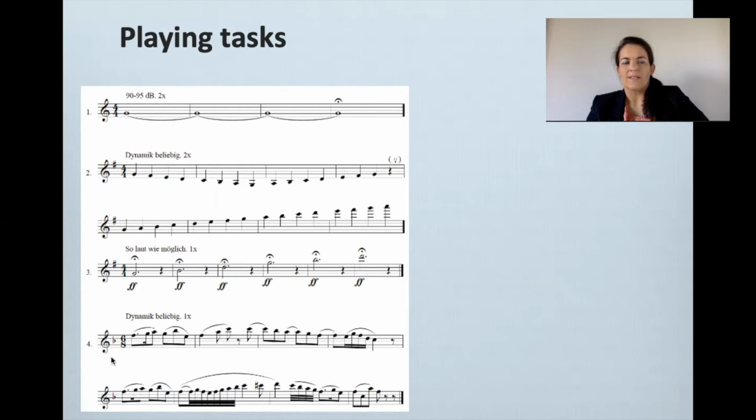And the last task was a transcription or transposed version of the theme of the second movement of the Haydn concerto, to make it a little bit more difficult. The beauty of tone was not measured. It was important whether the participants were able to still play the note or not, but it was not important